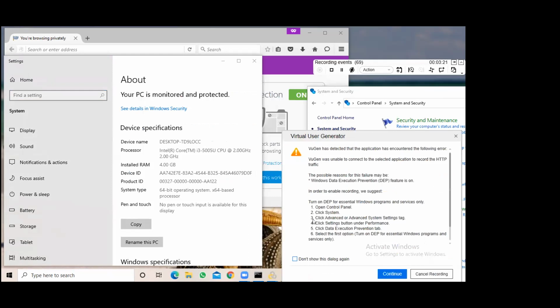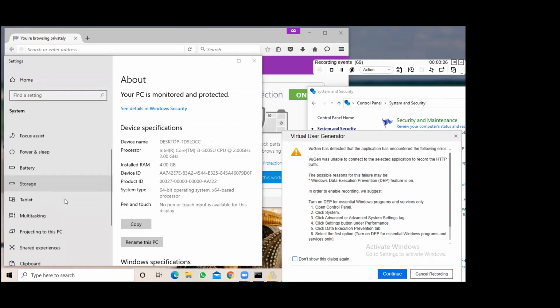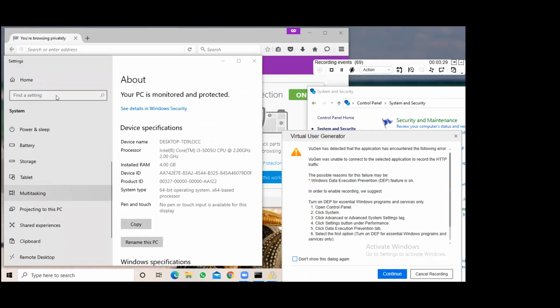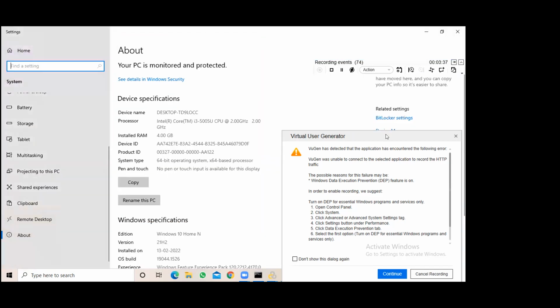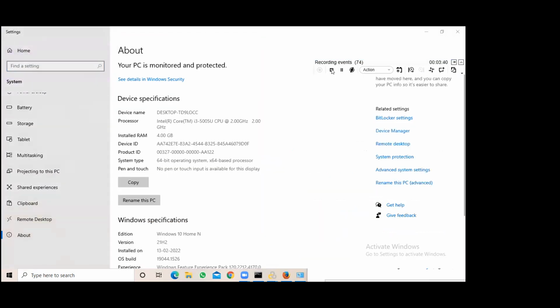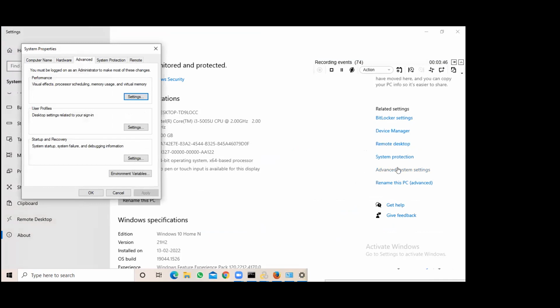Let me pull it aside. So go to system and advanced, or advanced system settings. You can search over here actually. Or do you see any advanced options? See here. Expand the window and let me stop recording once. Okay, and go to advanced system settings, and you get this window. Now go to performance. Where is that performance tab? Here it is. So under performance, click on this settings.